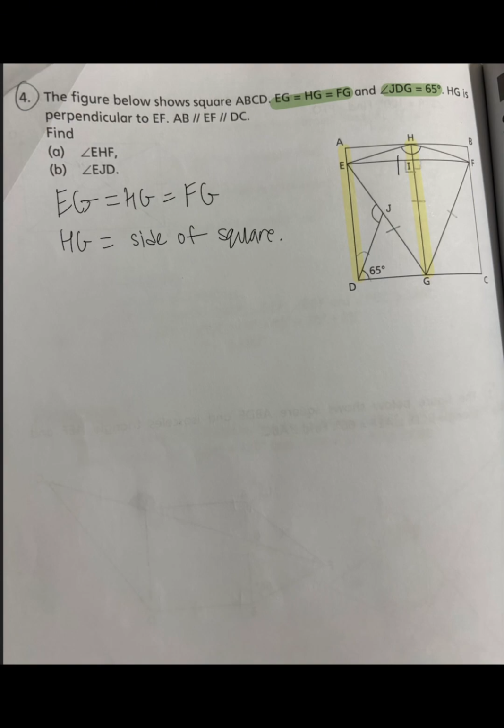So now, let's take a look at EF over here. EF is also equal to the side of a square, right? So EF equals the side of the square as well, which means EF is equal to HG, and since HG is equal to EG and FG,